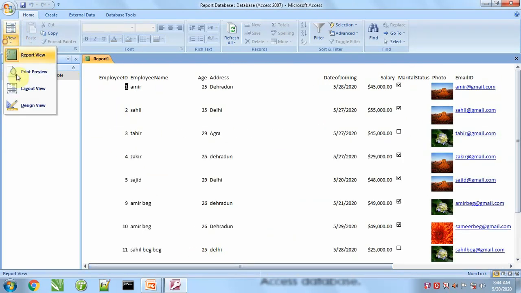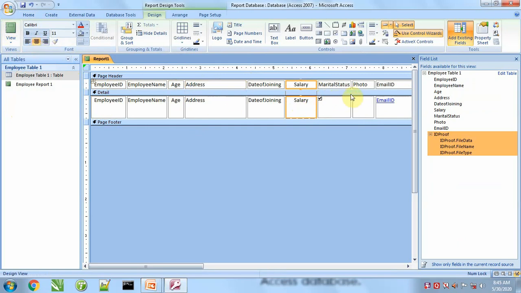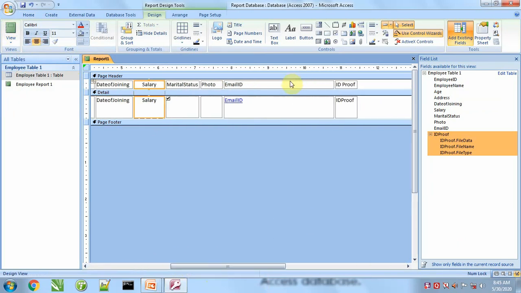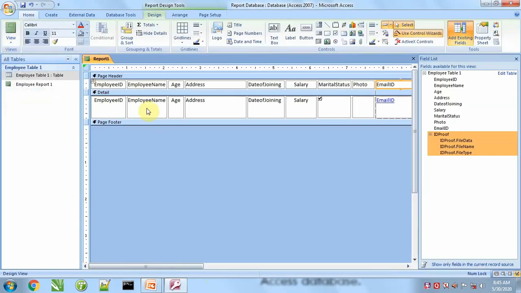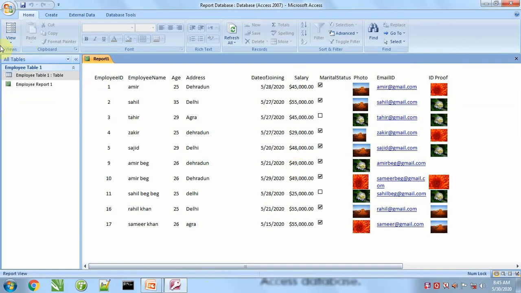Again, if you want to customize, we can do it manually as we did in previous report. This report is ready now. It is second report.